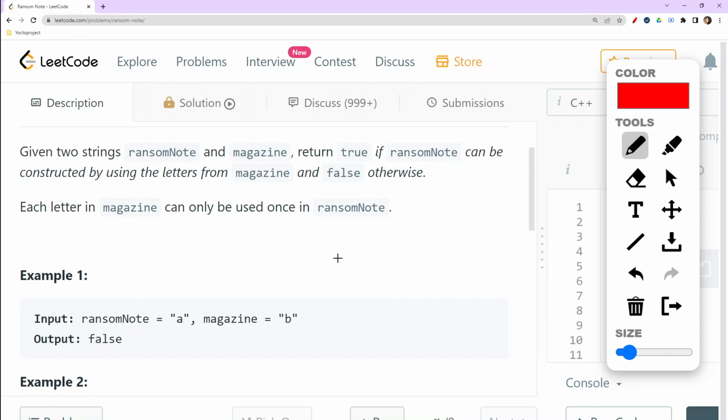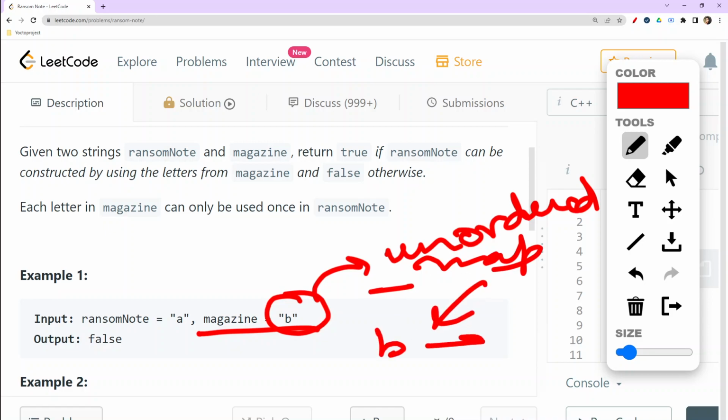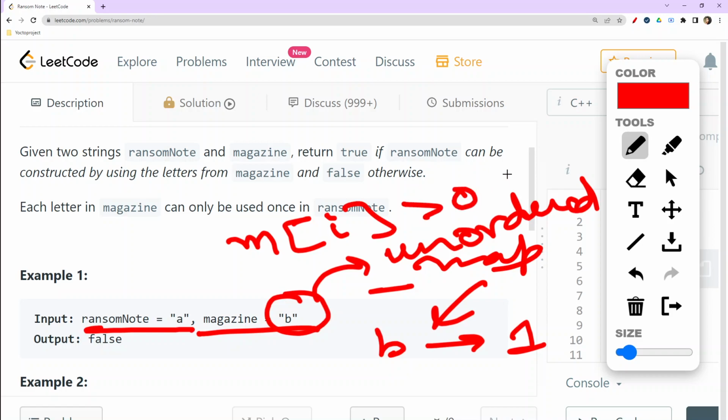So now how can we use this hash map? We would be storing all the characters present in our magazine into our hash map, or you could say unordered map. In that we would be having the count 1, and like this whatsoever letters are there, they would be having their own counts. And then we will be traversing this particular ransom note, and we will be checking that if at a particular moment the count of the I item is greater than 0, then we would be directly doing minus minus, so that we would be reducing the count of the I item in this map, else we would be returning directly false,